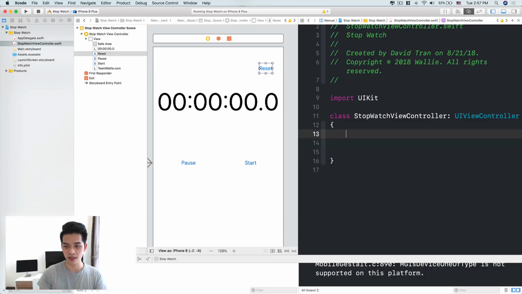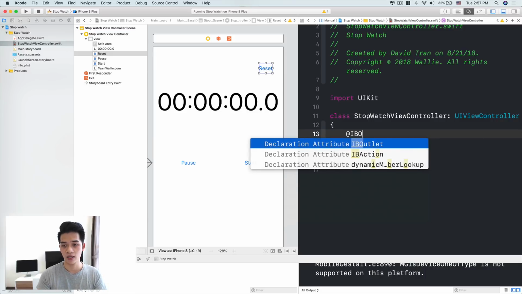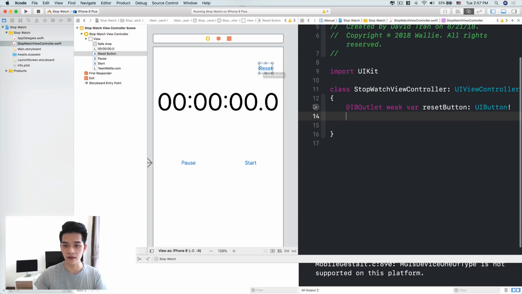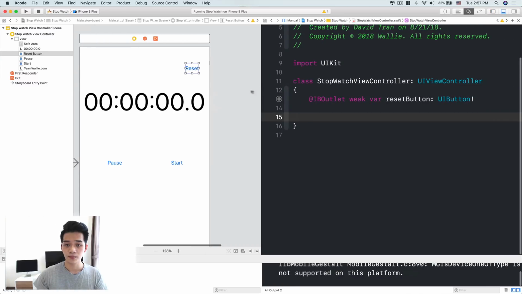But what you can do is go here, code it yourself. So @IBOutlet weak var resetButton is a UIButton like this. And then you can connect this guy over here, right? So that is connected. If you hover it, it will display the reset button. Next,